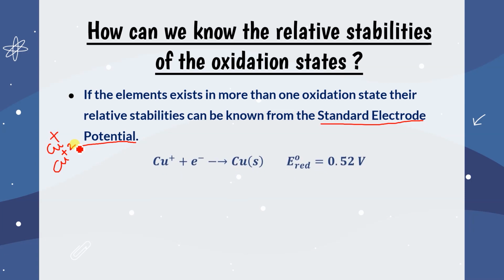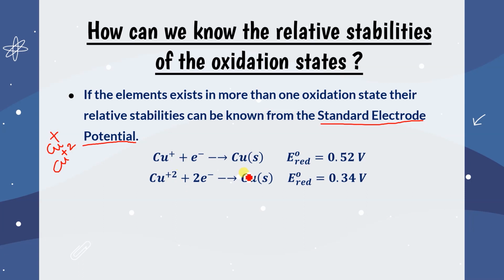If I'm talking about the reduction potential, when Cu+ gets reduced to copper, the reduction potential is 0.52. And if Cu2+ undergoes reduction, the reduction potential is 0.34. So tell me which one is more stable? This Cu+ has more reduction potential, so it will better feel in this state. It will easily get reduced, isn't it? So in that case we can say that this Cu+2 will not get reduced easily.